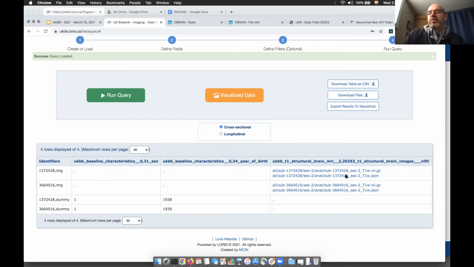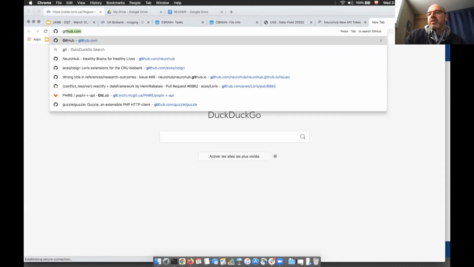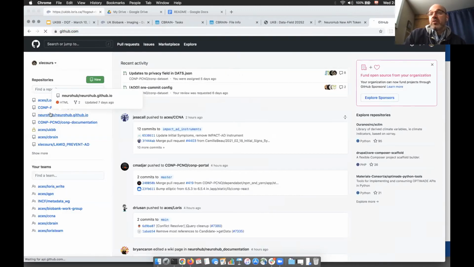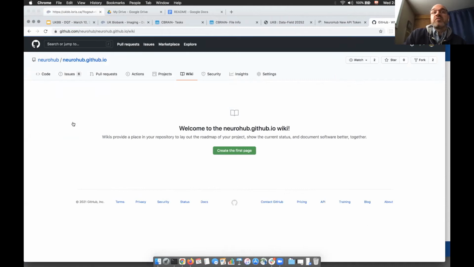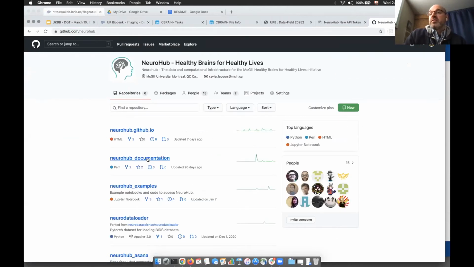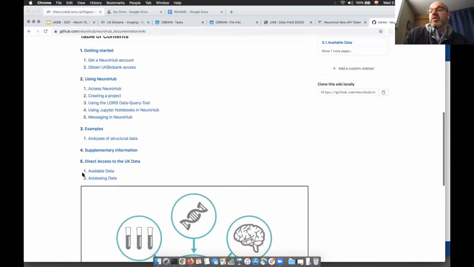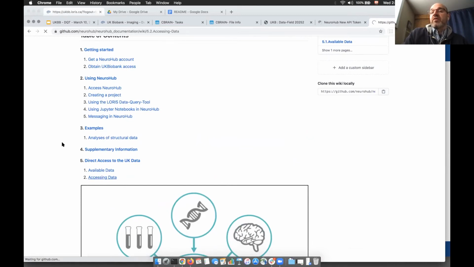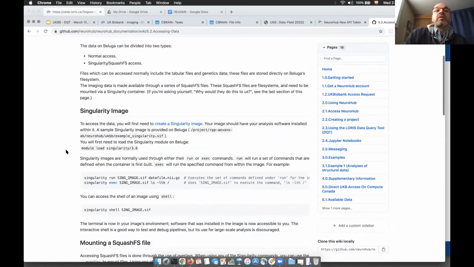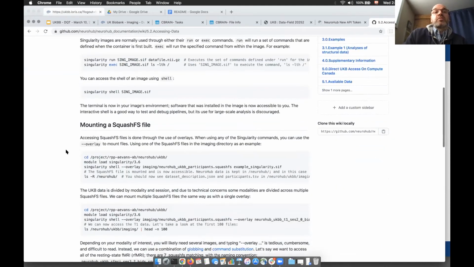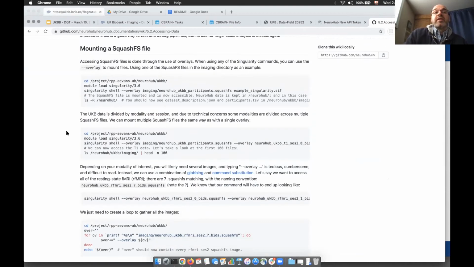Right, but people can still, if you look, I can point the link to it. If you go through the NeuroHub website, under documentation, there's section 5, specifically 5.1 and 5.2. They give instructions there about how to access the data from the Compute Canada resources. Because these files are resident specifically on Beluga because of their volume, you would have to run your Python code on them on the Beluga resources at the moment, because that's where the data files, the SquashFS files, are located. So sections 5.1 and 5.2, thanks Xavier, provide very detailed instructions on how to actually mount the SquashFS file and work with it.